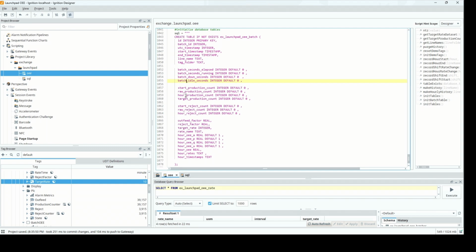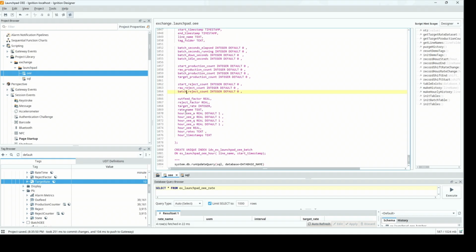Start raw. Batch production count, target production count, start raw, batch reject count, out feed, and then we can do